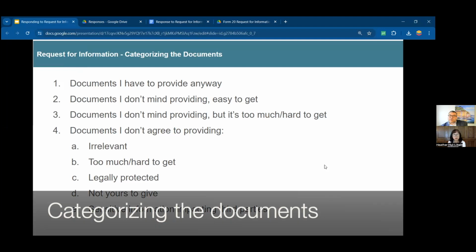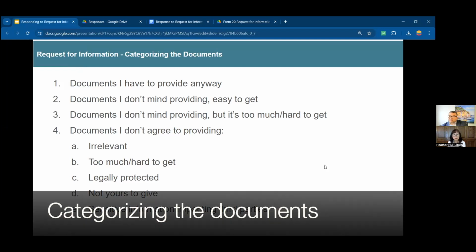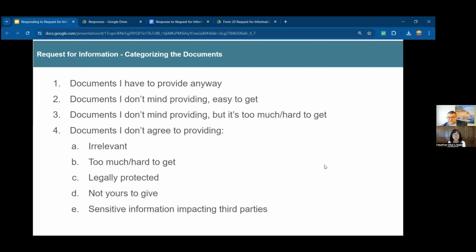You can start categorizing the documents that are being requested in the information into one of four basic line items. The number one is probably the most important one that we will focus on. Number four is probably the one while you're watching this video that you don't want to provide. I get that, but no, let's start with number one, because I can make an entire video on number one, and I have to summarize it very quickly.